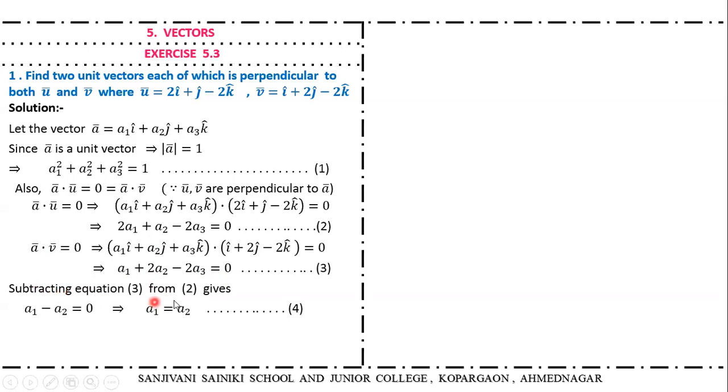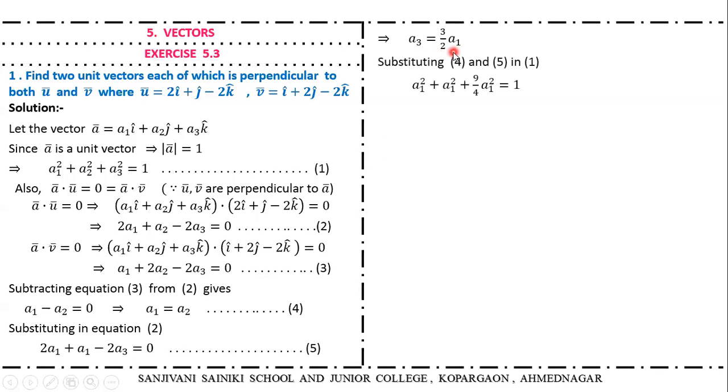Now subtract equation 3 from equation 2. We have to subtract this third equation from this second equation. What you will get? a1 minus a2 is equal to 0. That means a1 is equal to a2. This is our equation number 4. Now substituting in equation 2, we put this value of a1 equal to a2 in equation number 2. So we get twice a1 plus a1 minus twice a3 is equal to 0, which implies a3 is equal to